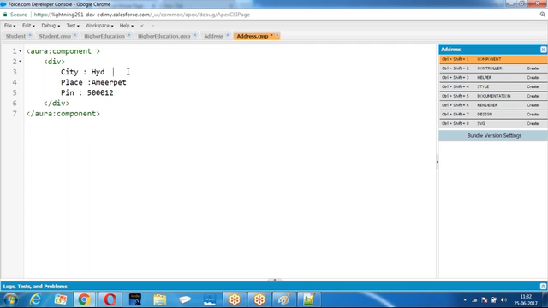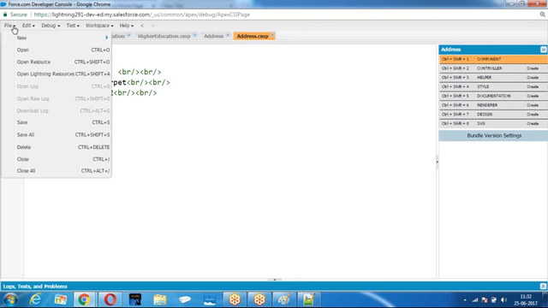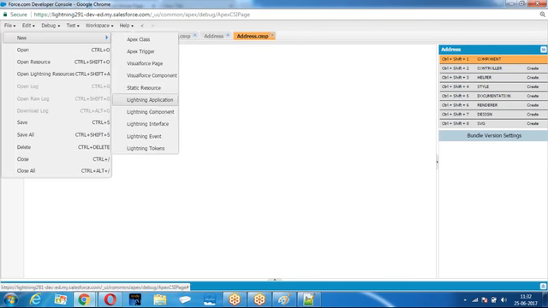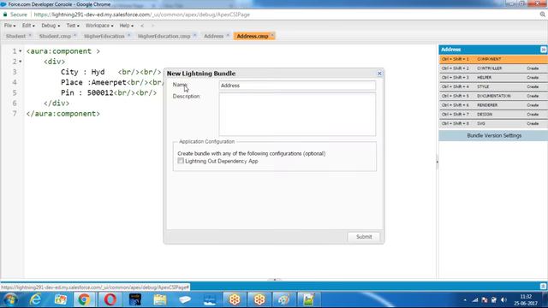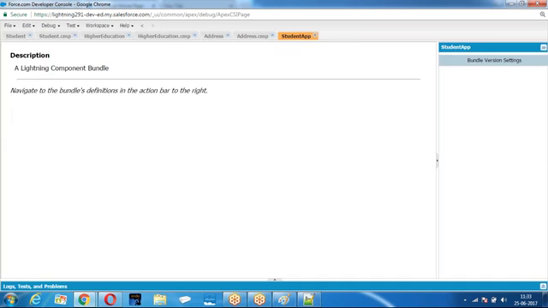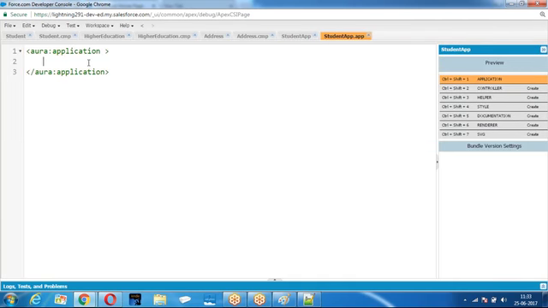So I have created 3 components. I am going to include all the components within the application. So application is a collection of components. So I am creating the student tab. In the student tab I am creating